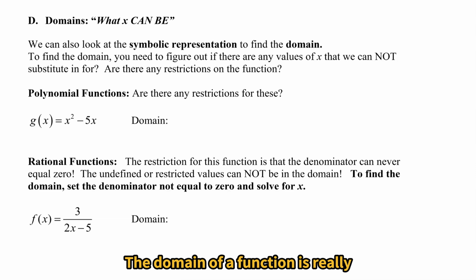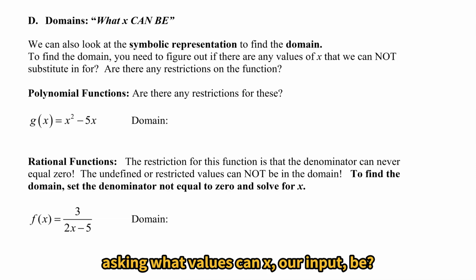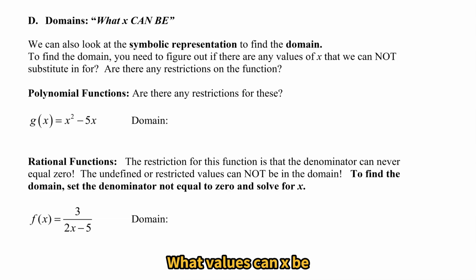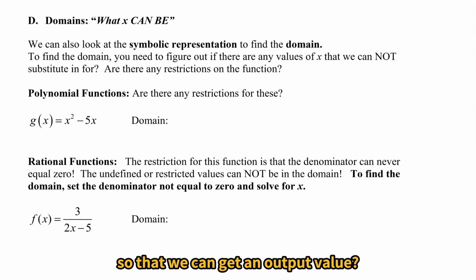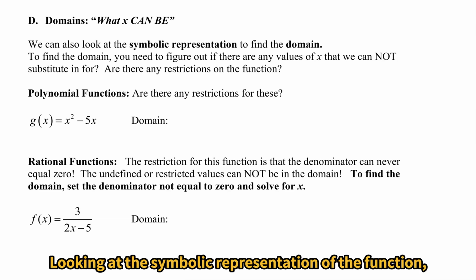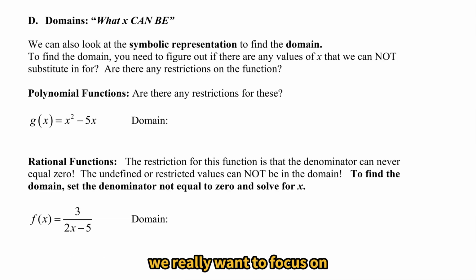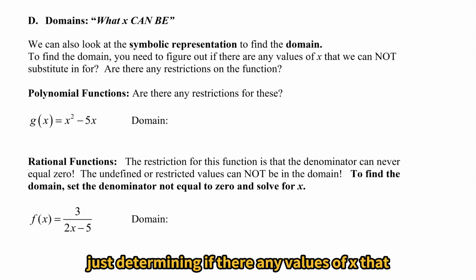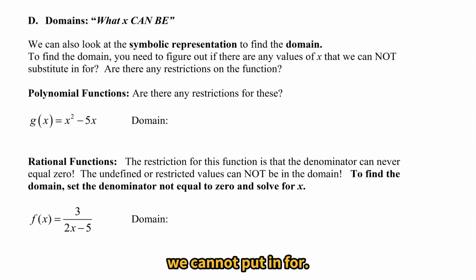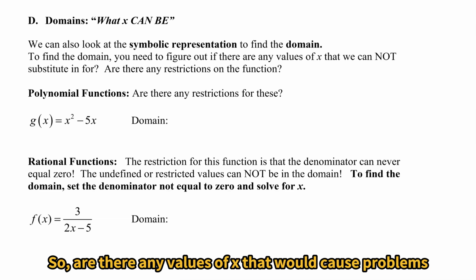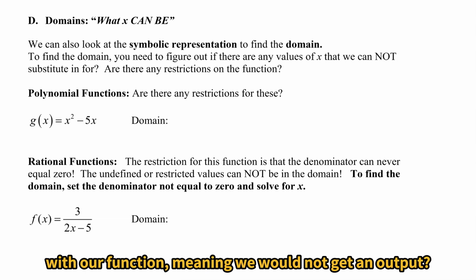The domain of a function is really asking what values can x, our input, be? What values can x be so that we can get an output value? Looking at the symbolic representation of the function, we really want to focus on determining if there are any values of x that we cannot put in for. So are there any values of x that would cause problems with our function, meaning we would not get an